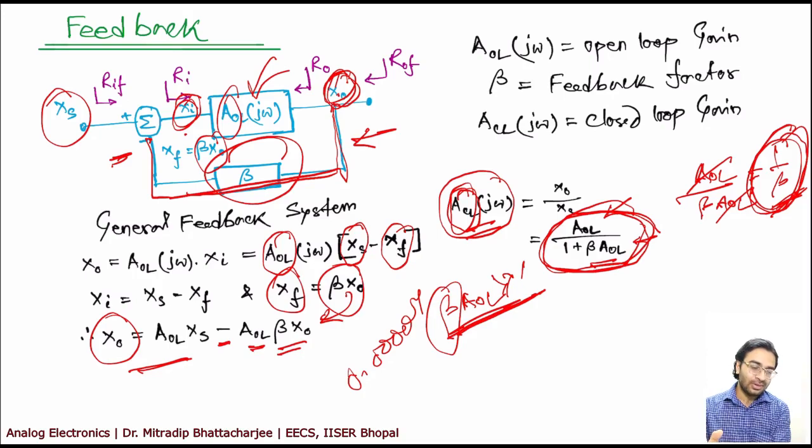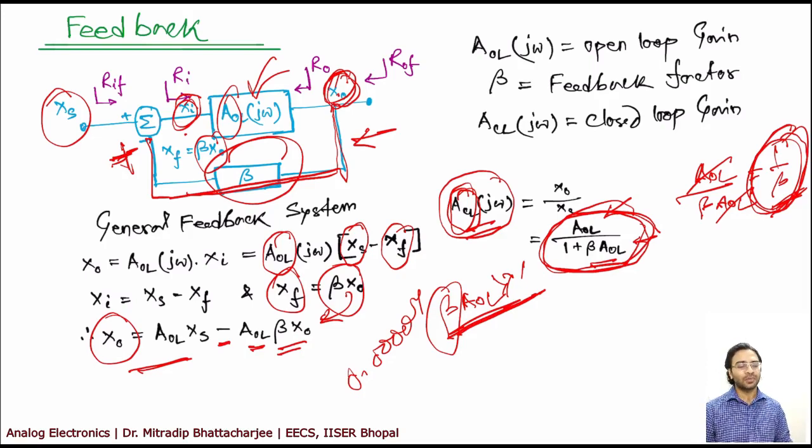So now what will happen for positive feedback? That means, what if it keeps on adding to the input? Take the same example. Your A0L increased. Your output increased. A portion of the output is getting added to Xi. It further increased. So it will be a growing system, very unstable. It will keep on increasing with positive feedback in this case, right? So this is the case of feedback.